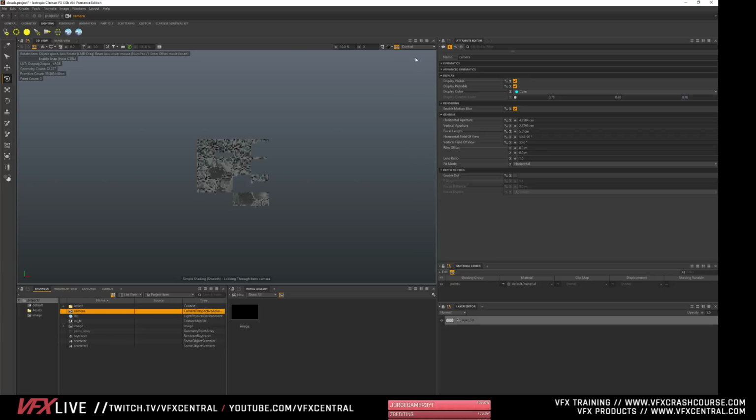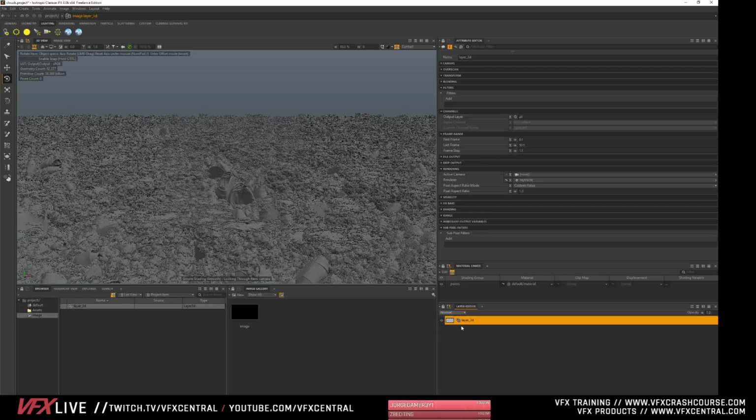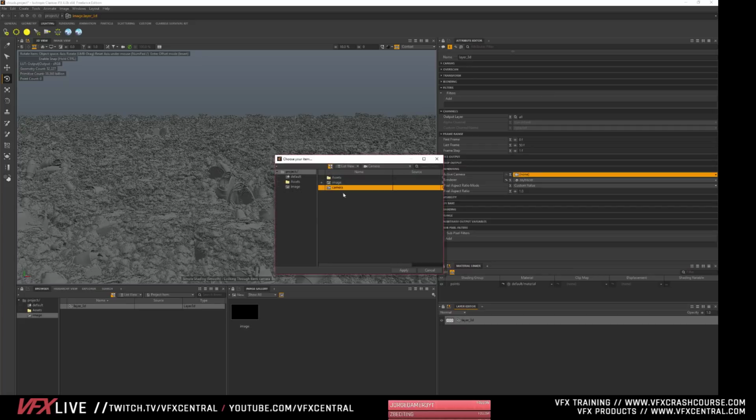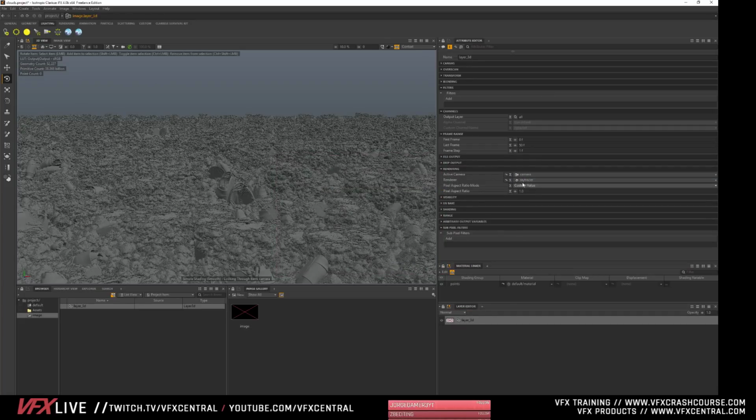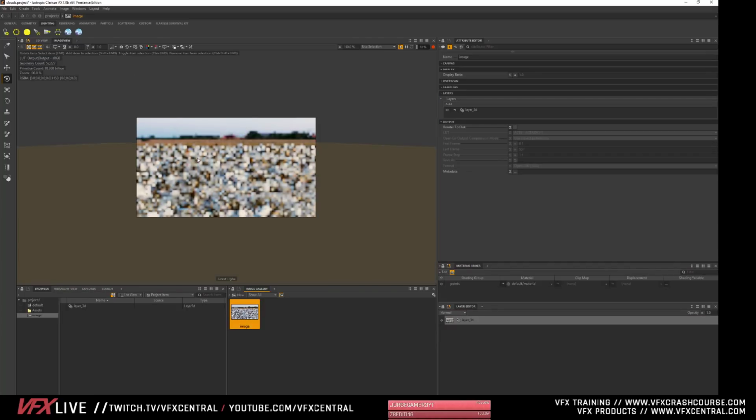And I'm going to go back into context. So in our 3D layer right here, these are layers that you render out. Each of these would be rendered out, and this is where you create your AOVs. So it's totally a different way of thinking about it. Now we have a camera, we have the ray trace, and we have this background. So let's go to the image view, and now you can see this thing rendering out.